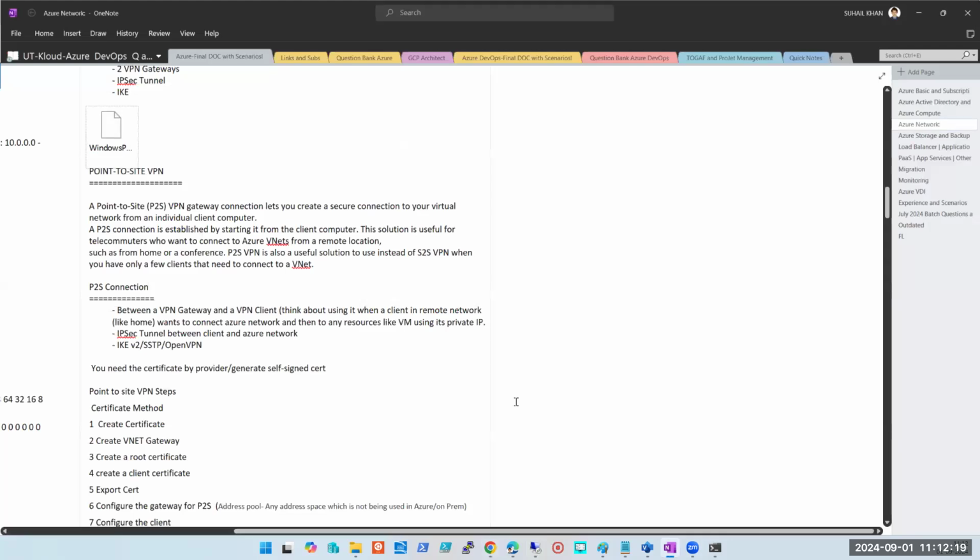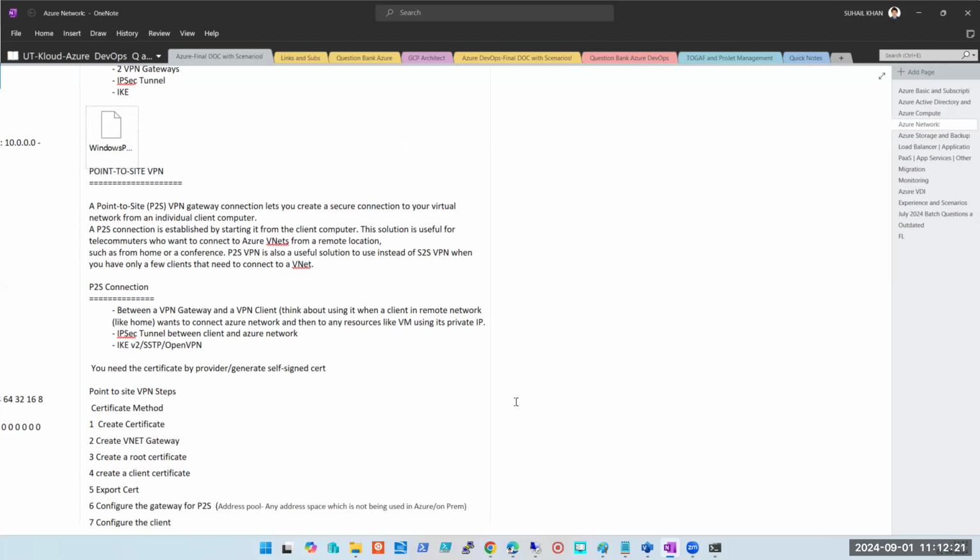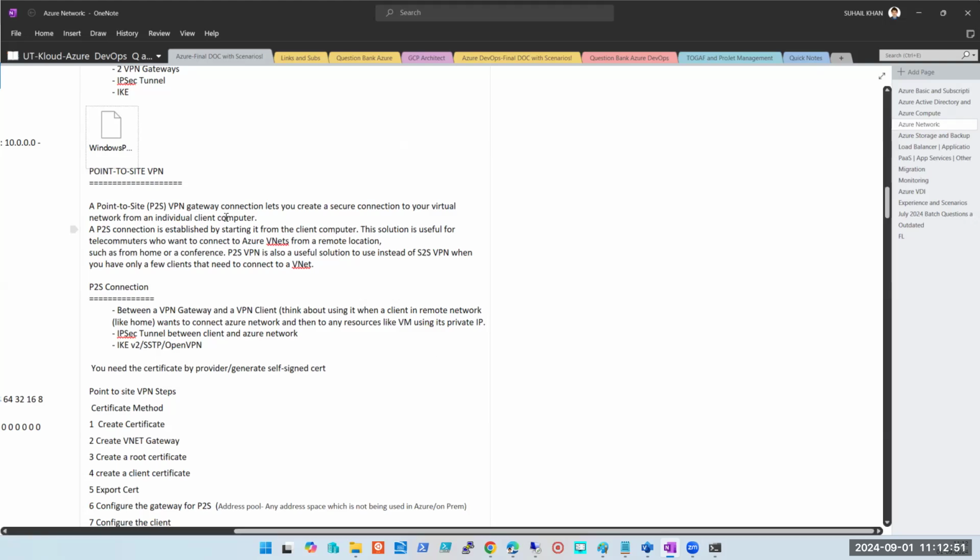Site to site में आप दो networks को जोड़ रहे हो, ठीक है? Then whatever is there in that particular network, from network A to B, if you're connecting, उस A network में printer, scanner, user, computer, or whatever it is there, they will be able to communicate with the network B. And whatever is there, printer, scanner, any resource for that matter, shared folder, shared file, network folder, anything. That is the site to site connectivity. That is not my aim as of now. My aim here is to have point to site connectivity.